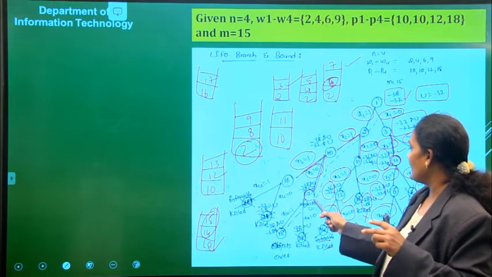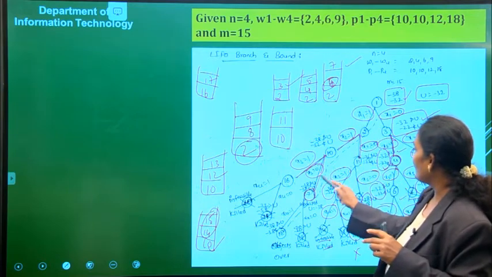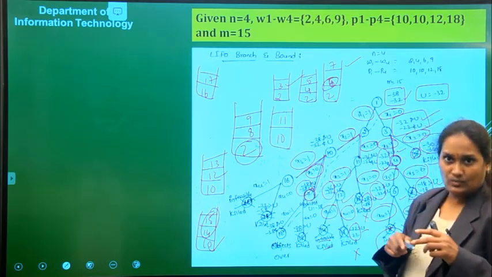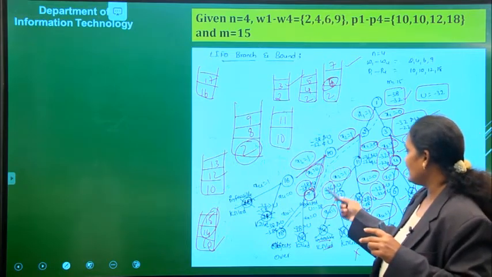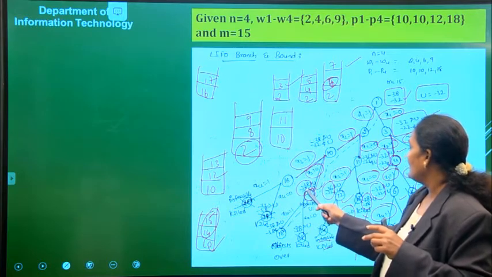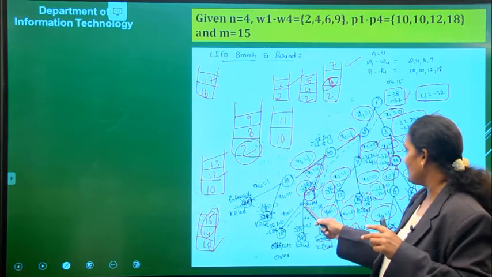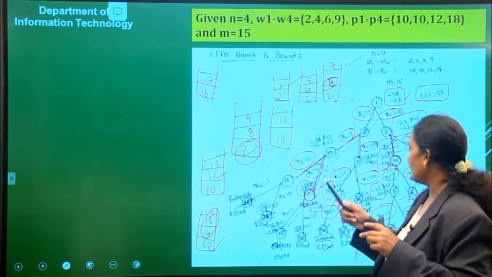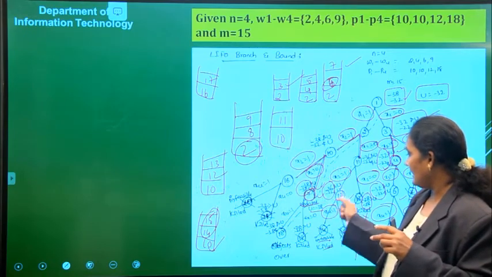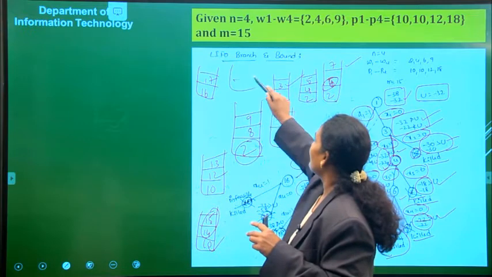Now I need to calculate the values at 17. What is the path? x1 1, x2 1, x3 0. By calculating the values, we will get minus 38 and minus 38. Since the upper bound value is less than the current upper, we need to update the upper bound. Now, the upper bound is updated as minus 38. And since it becomes the live node, we expanded this one. What will we get? 18 and 19.